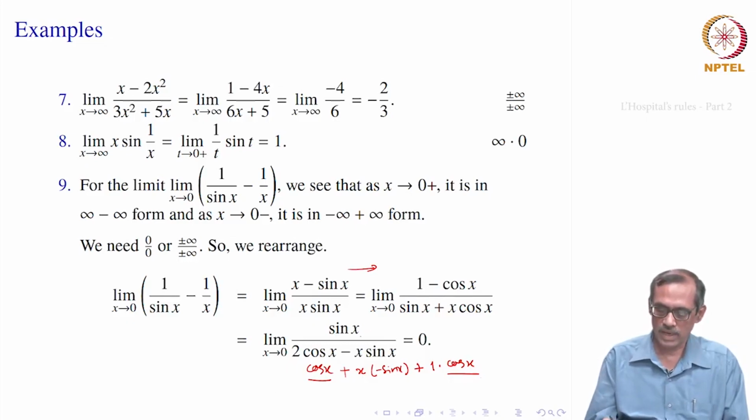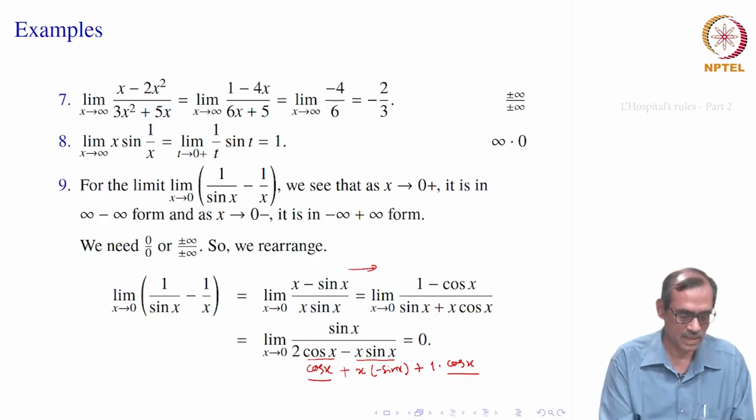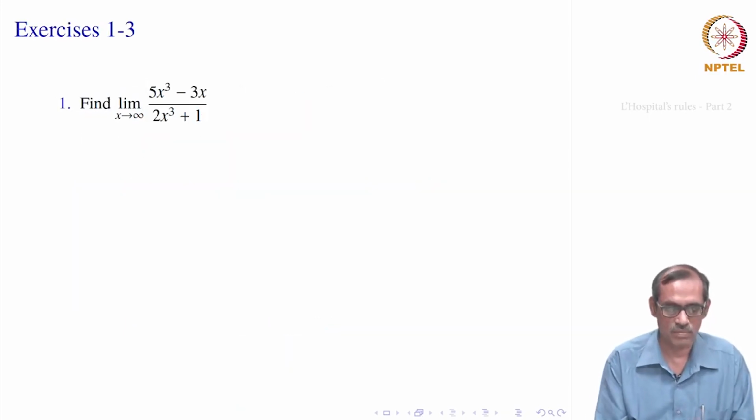Fine. So, here the numerator becomes 0 as x goes to 0, the denominator does not go to 0, it goes to 2, right, because it is x sin x that goes to 0, but cosine x goes to 1. So, it is 2, therefore, the limit is 0 itself. So, you should not apply L'Hopital's rule again thinking that it is in that form, you have to verify whether it is in that form or not. Okay, is that clear? So, let us take some more problems.